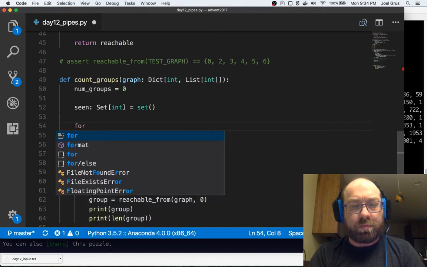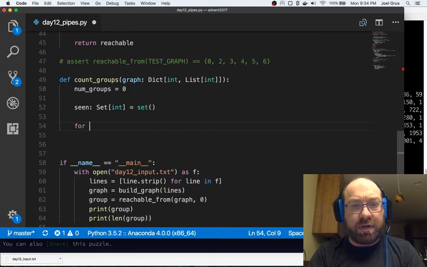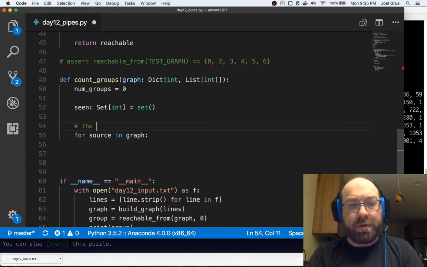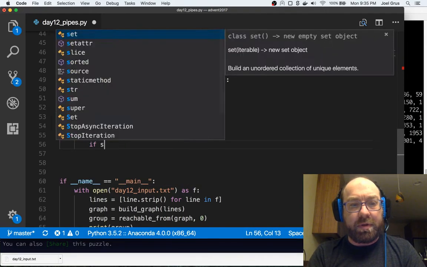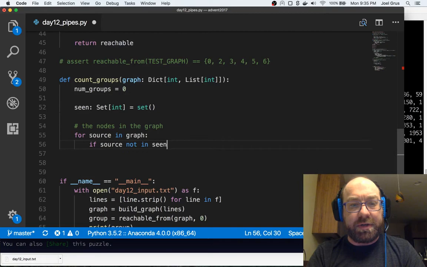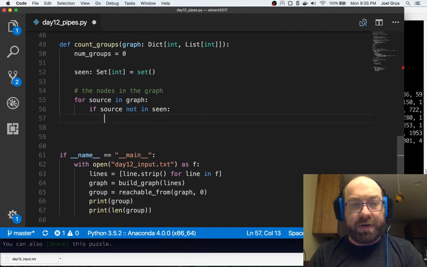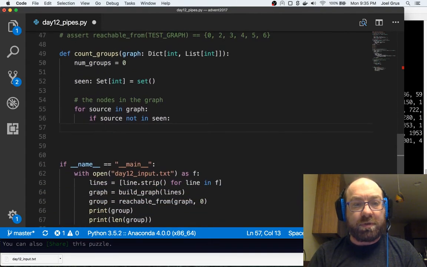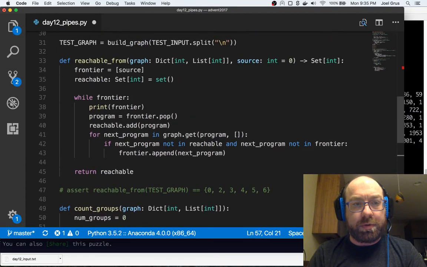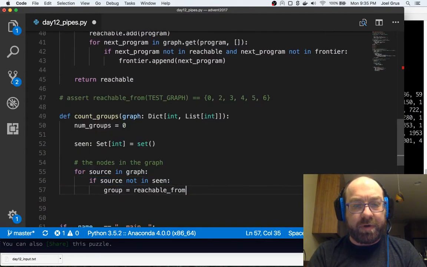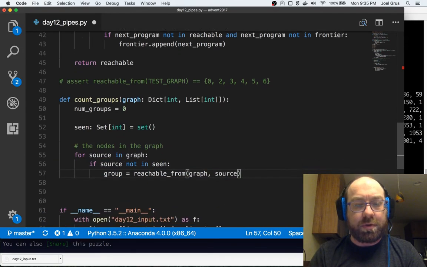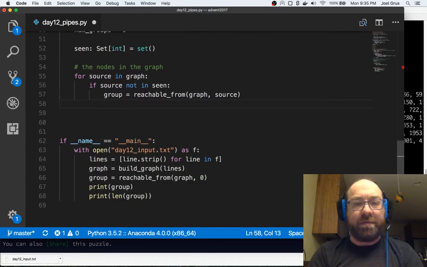So for source in graph, so this is just going to go over the nodes in the graph. So what do I want to do? If source is not in seen, so if we've already seen it, we don't want to do anything, and you'll see why in a second. So let's say group equals reachable from graph and source. Okay, so I'm going to find all of the things, and seen dot